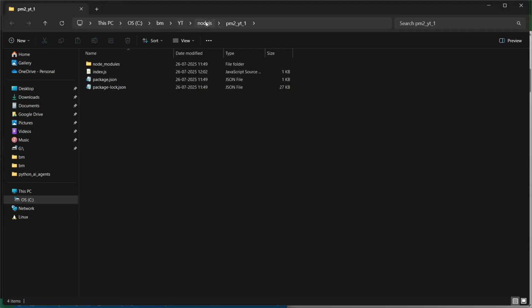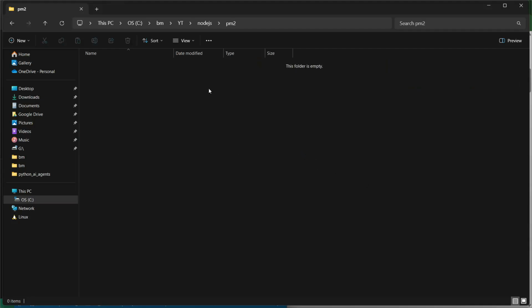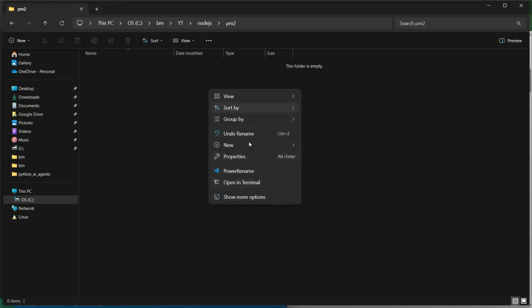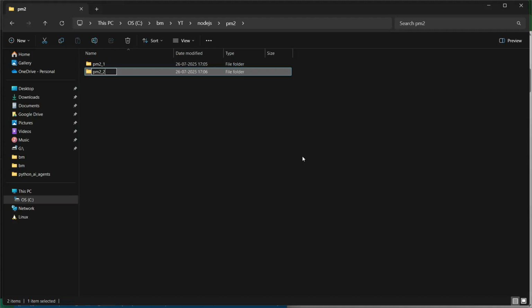I have a Node.js folder, you can do as per your structure, and I will create here a PM2 folder, and here I will create one folder PM2_1, the first application of Node.js, and the second will be PM2_2. Okay, so here I'll open a separate terminal,